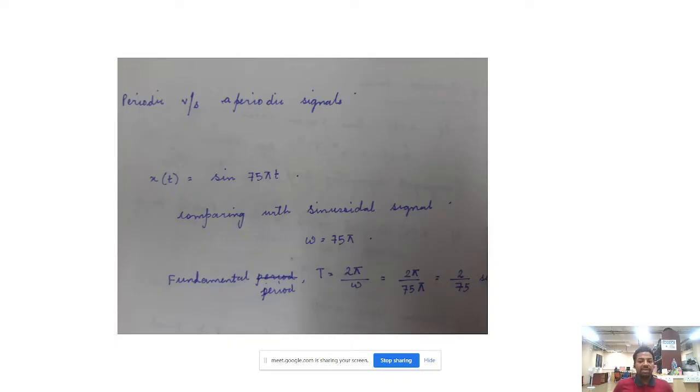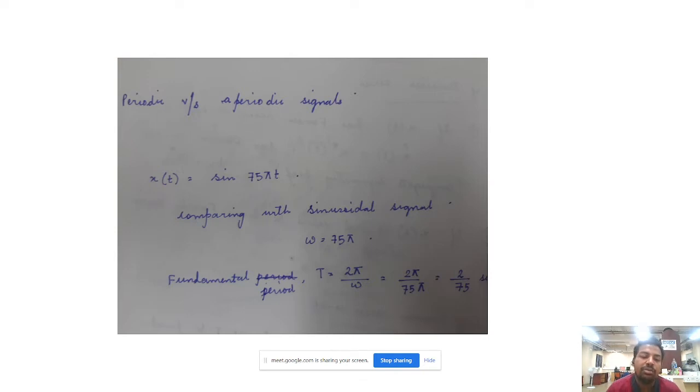So I have a simple problem, and the problem states as follows. For example, if we have a signal x of t, and x of t is equal to sine of 75 pi t. Now let us first understand whether this signal is periodic or not. Obviously it's a sinusoidal signal, so it will be a periodic signal. We know the definition of the simple sine wave. So a sine wave x of t can be defined as